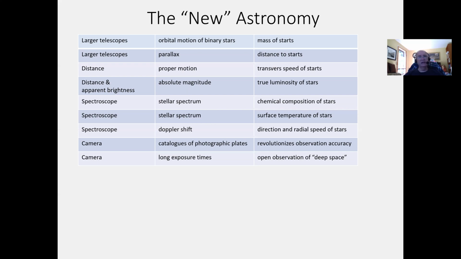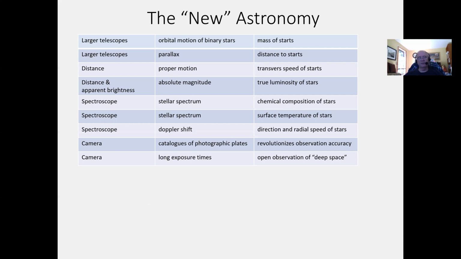And with distance and apparent brightness, once you know the distance and we have this apparent brightness scale that we can measure reliably, we can get the absolute magnitude and start talking about the true luminosity of stars compared to, obviously, the most important unit that we could use, standard that we could use, the sun itself. Is this star 10 times brighter than the sun? Is it 1/2 as bright? We could begin to do that here once you know the distance of stars and you have the reliable measure